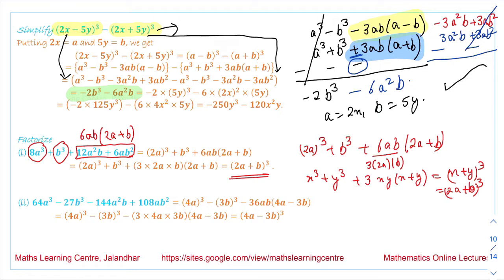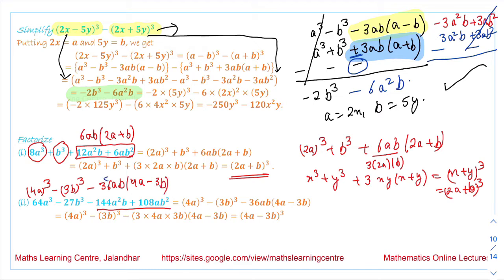Similarly in the next part it is 64a cube. 64a cube means I am writing it as (4a) whole cube. Then it is minus 27b cube, so I can write it like minus (3b) whole cube. From the next two terms I can take 36 common, a common and b common, so it is (4a minus 3b),